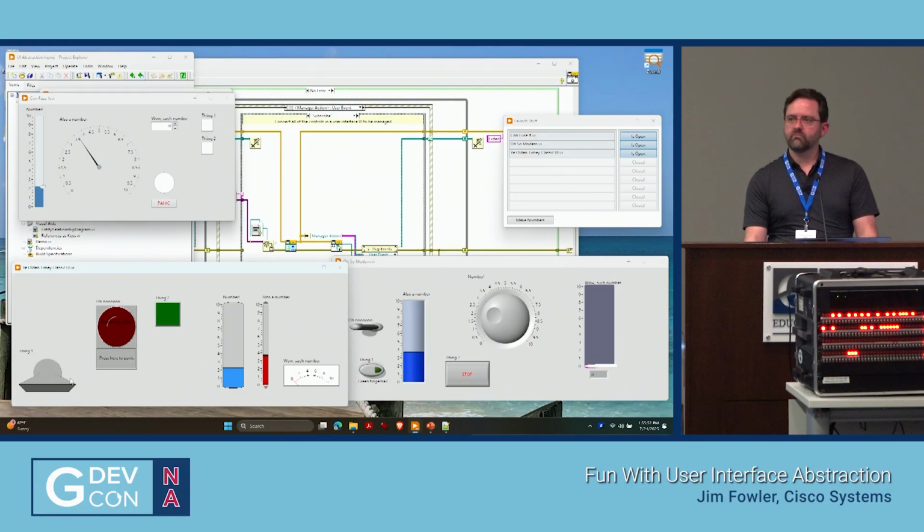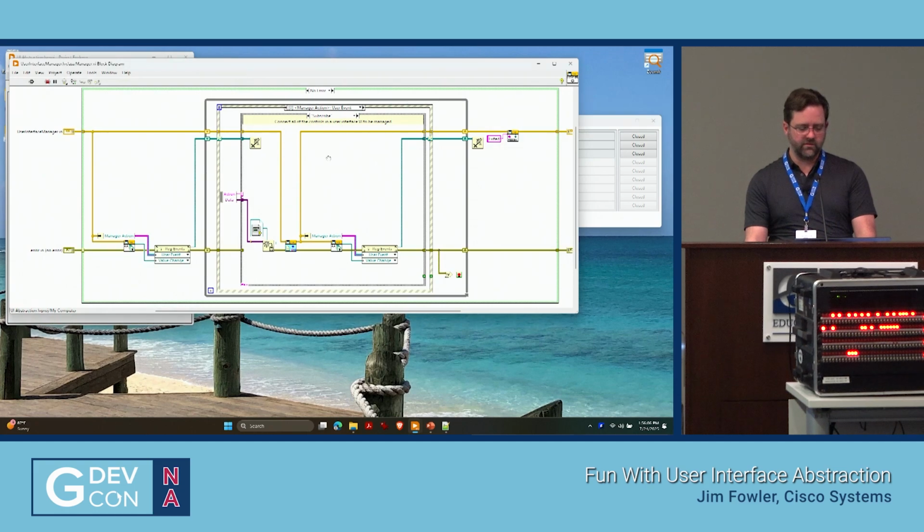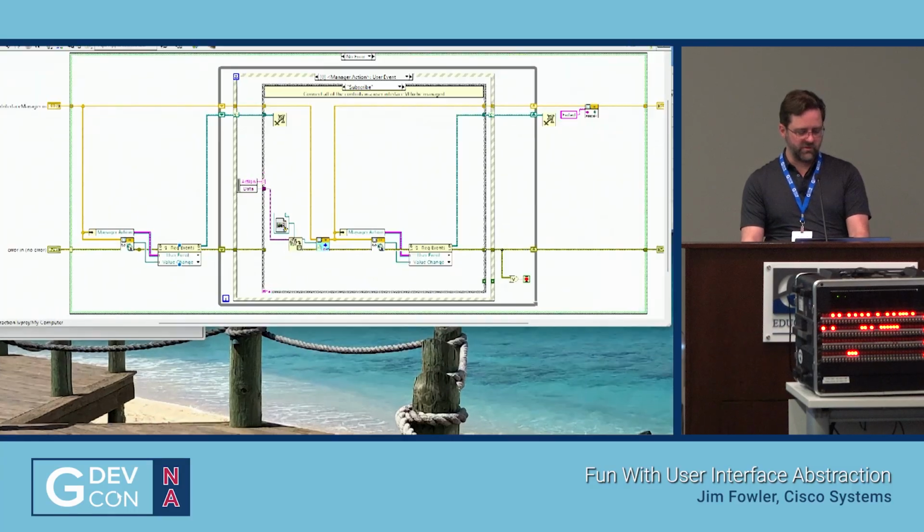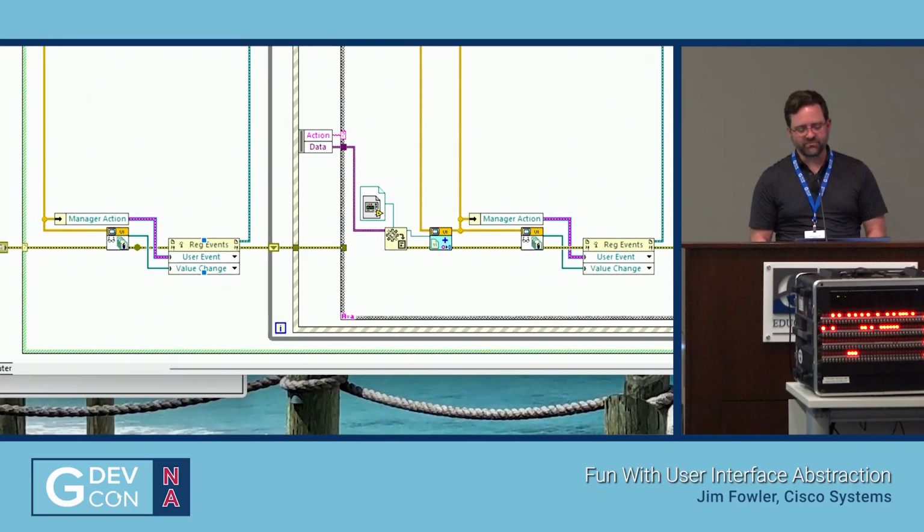Show the writing code, how you write the indicators from it. Show how you send the value. How I send the value? Yes. Okay, that is handled by the value change event. So let me close out this demo. In the UI manager itself, there's this event here. Let me zoom in. Sorry, I keep forgetting to zoom.